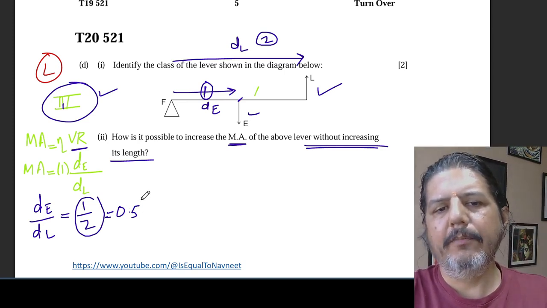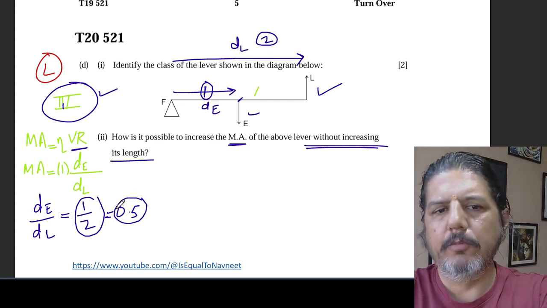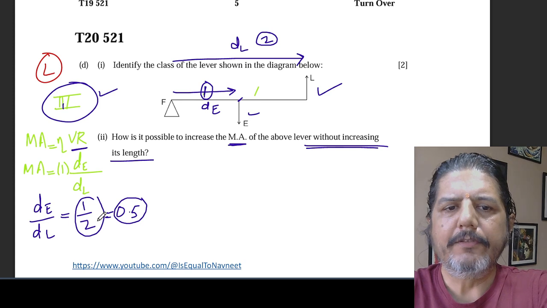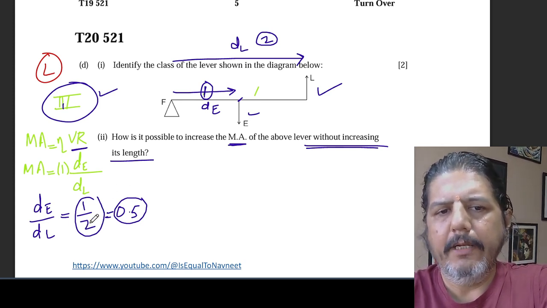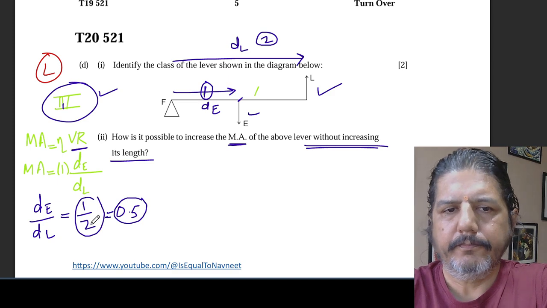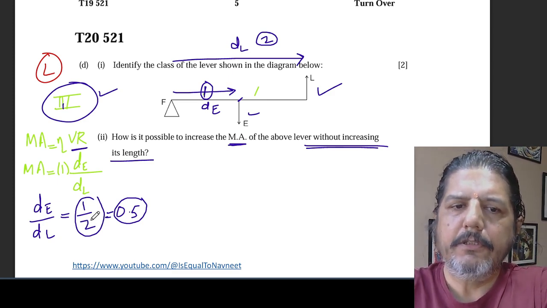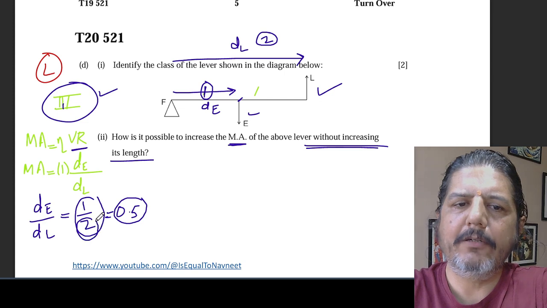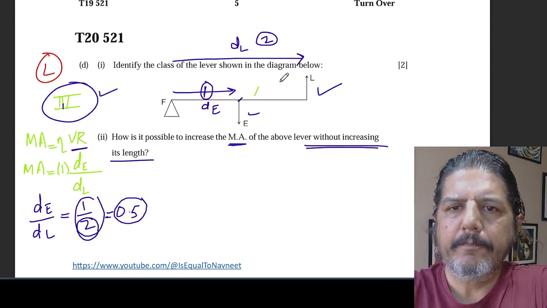How will you be able to increase this ratio from 0.5 to above? One simple thing that you can do is, if you look closely, if you can decrease the denominator of this ratio. How do I decrease the denominator of a ratio? By decreasing the DL. So let me assume that I bring my load